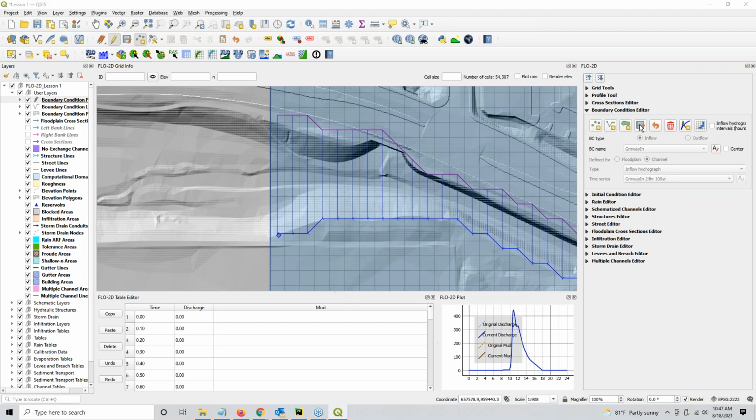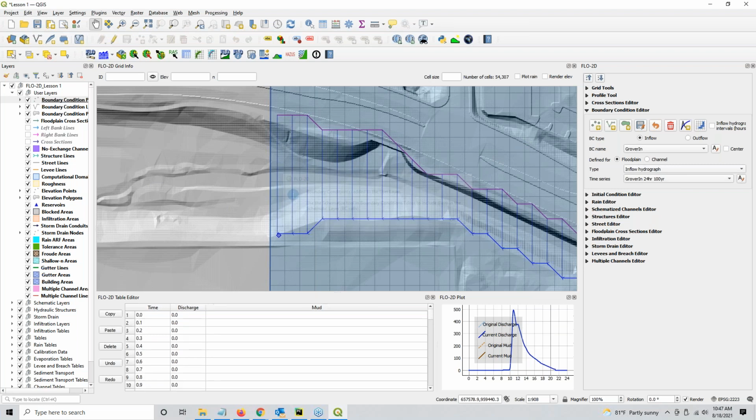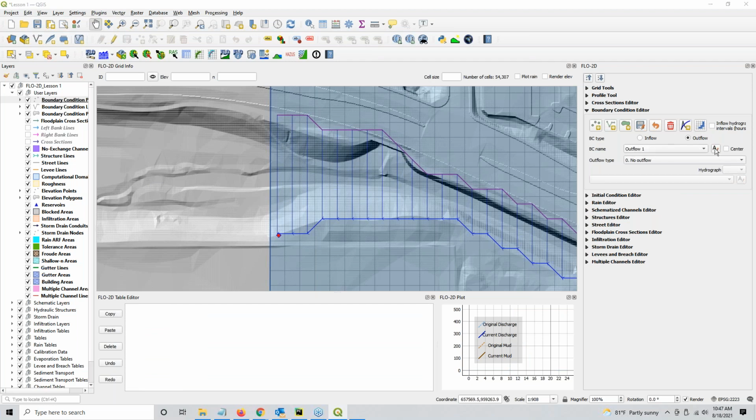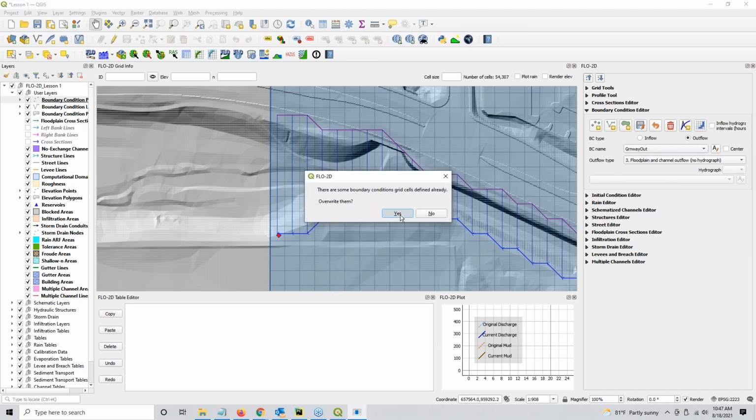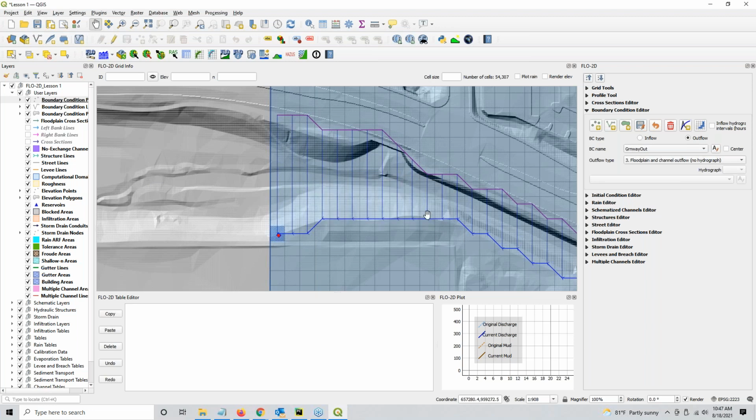Now, again with the save button, and now we need to switch to the outflow side of the table, and we'll name this Greenway out, and we'll set this to 3, floodplain and channel outflow. Now I don't need to do anything else. I'll just click schematize. So my inflow boundary condition will be applied to the first cross section of my channels,